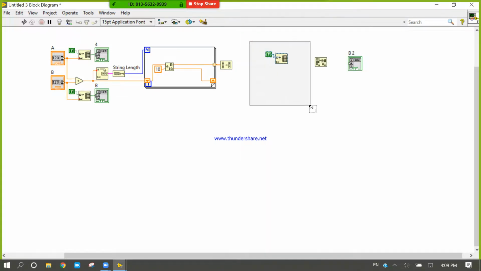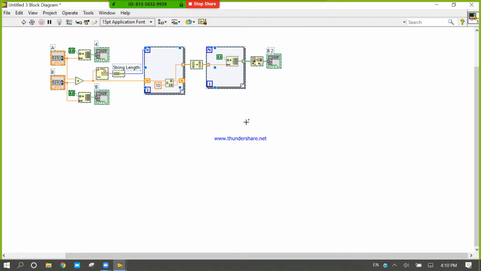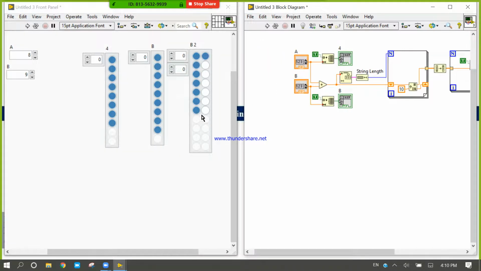Taking one more. Control U, Control T, R. Now it will be easy to write and easy to understand.